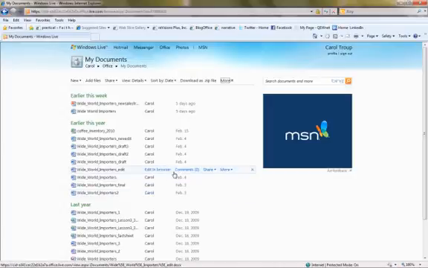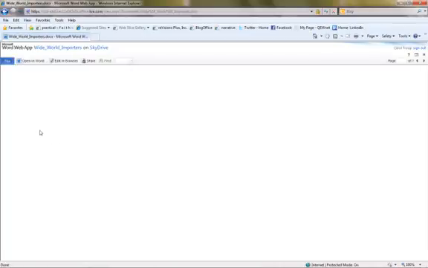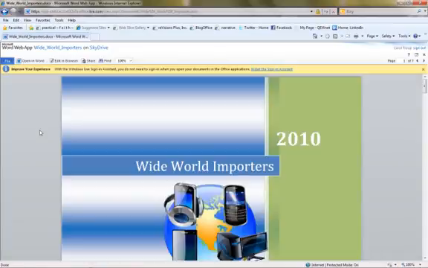So in order to open a file, let's just click it, and as you can see, it opens in the Microsoft Word web app because we selected the Word file. The message bar at the top of the screen gives you the option of installing the sign-in assistant, which enables you to open documents seamlessly without having to log in. It essentially keeps you logged in. And then also when you're working from within the Office 2010 app, it saves the file seamlessly back to the online site. So as you can see,